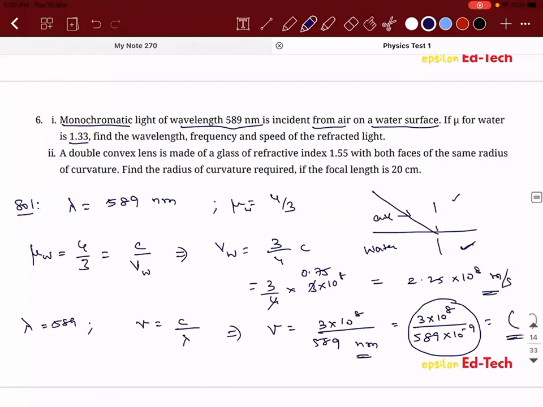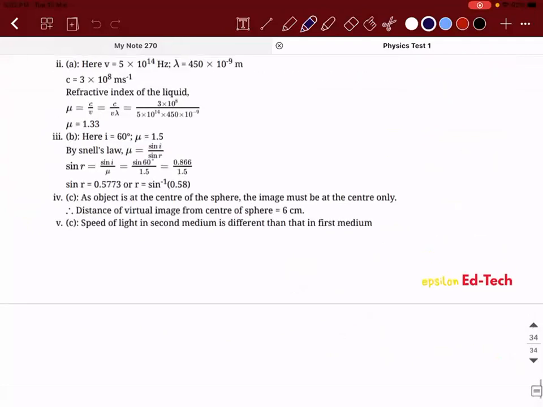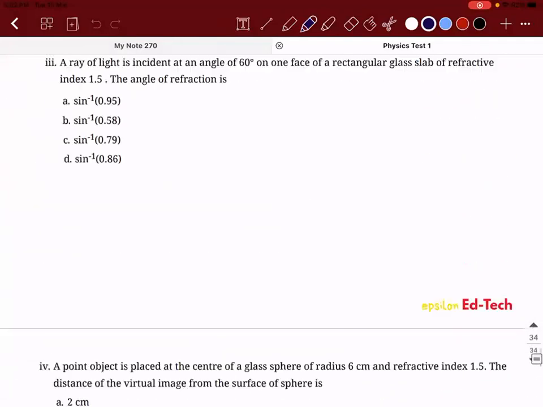Try to understand that when light travels from one medium to another, what parameter does not change? What are the parameters that will not change out of the wavelength, frequency, and speed? So frequency remains constant. So we calculated it with respect to air medium, so it is going to be a constant value. Okay. That is one thing. And lastly,